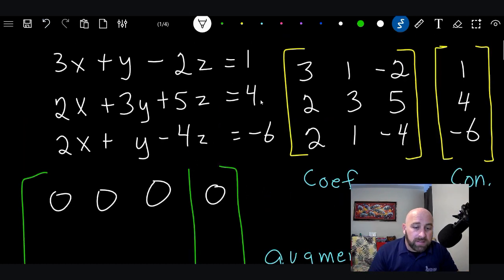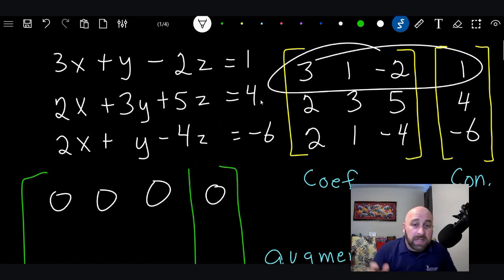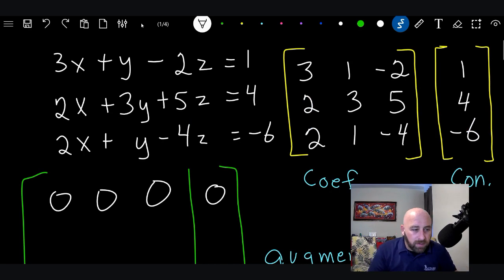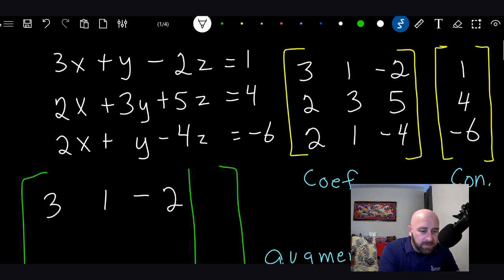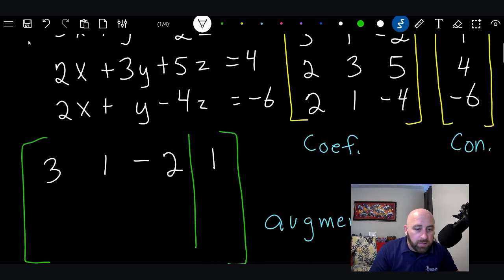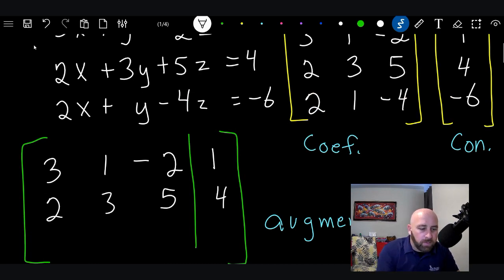Okay, so we're basically taking these elements and combining them into one. So let's go ahead and do that. All right, so we have 3, 1, -2, and then the augmented part is 1. And we're going to do that with all of those rows. 2, 3, 5, augmented part is 4. 2, 1, -4,